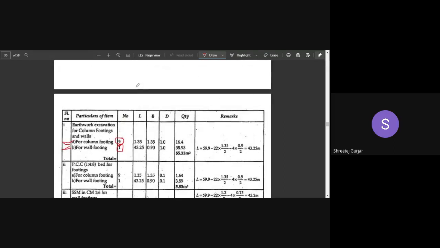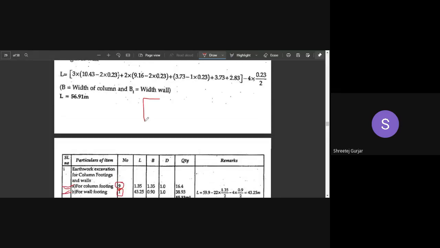You can see in your section how is the earthwork in excavation. It is like box section, excavation. So this is your plan view and this is your sectional view. That is what you need to excavate. This is your ground level, and this is the depth we need to excavate, and this is the box type or square type, that is your column footing that you need to excavate.